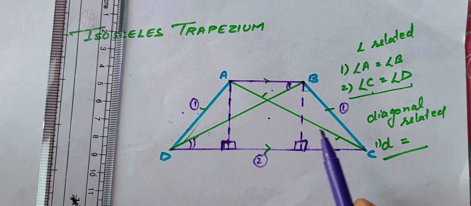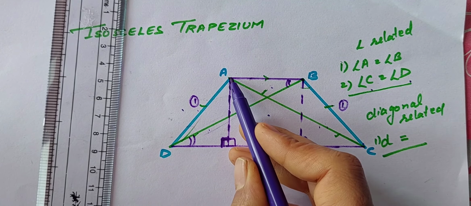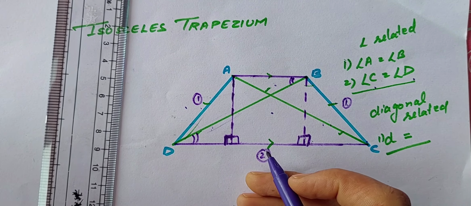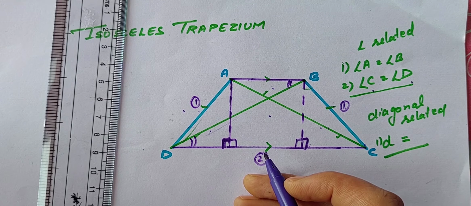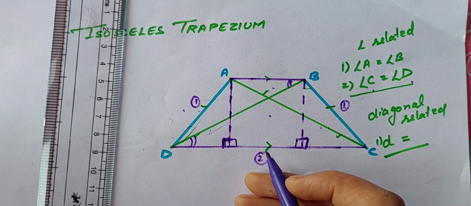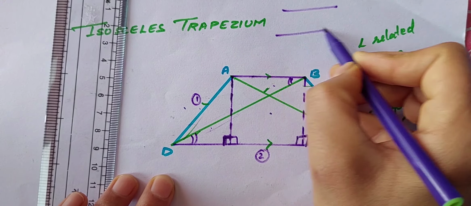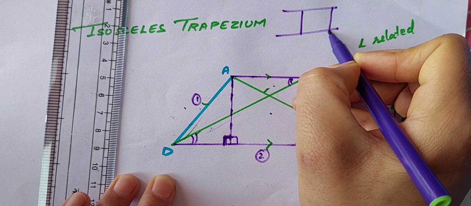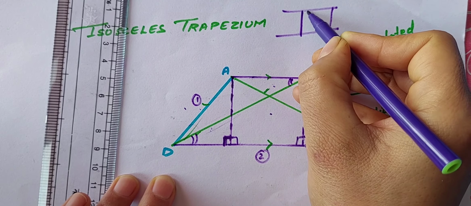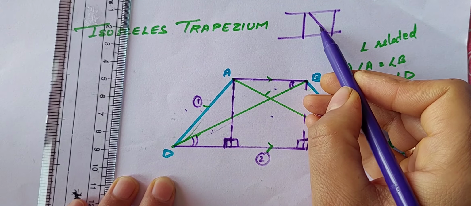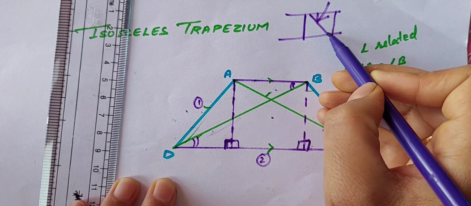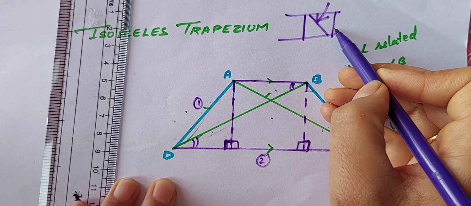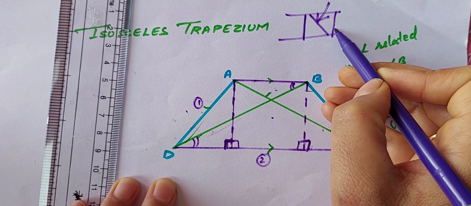If I draw a line, this is a parallel line and this is a parallel line. This distance and this distance might not be the same, but the perpendicular, we do say, the parallel lines are those lines which have equal distance between them. So equal distance means equal perpendicular distance. These are two parallel lines. This distance is equal to this, but this is not equal to this. So when we talk about parallel lines and the distance between them, we do not mean the slant distance. We actually always mean the perpendicular distance.